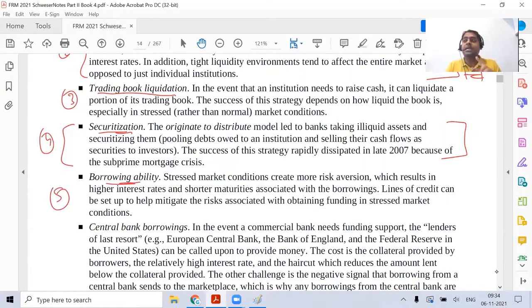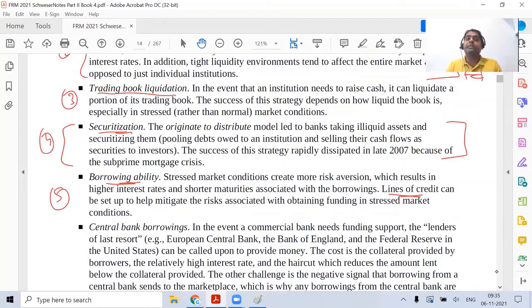Borrowing ability means the interbank market. A lot of banks, if they are in immediate need of money for half a day or a few hours, will go and borrow it from some other bank. So the LIBOR market is primarily a London interbank market. If you look at the US market, it's the federal funds rate. You have an entire federal funds network through which you can call a bank and get money for a very short period of time. You can also open a line of credit with some other bank to help you manage the stressed period. That can also be the case.